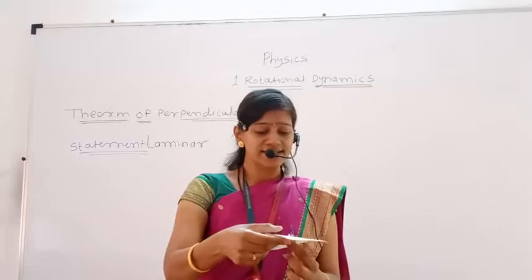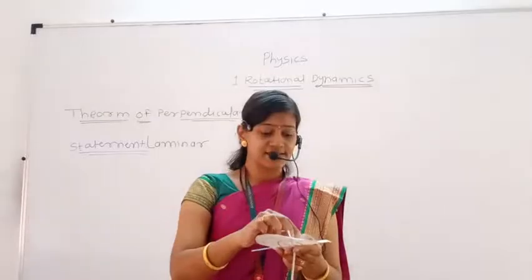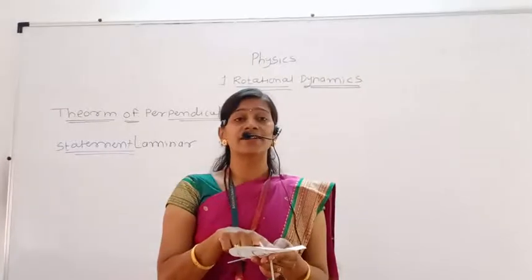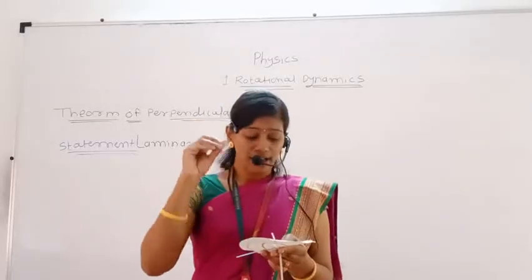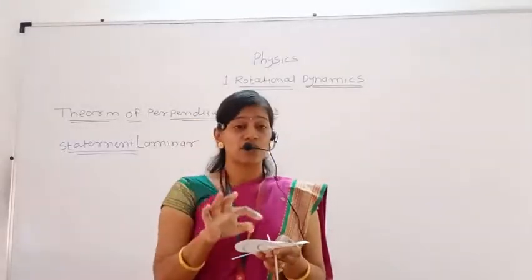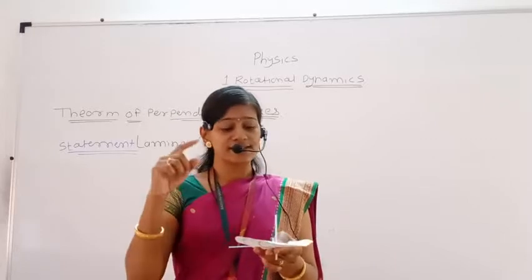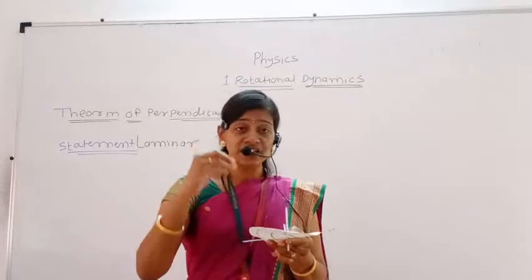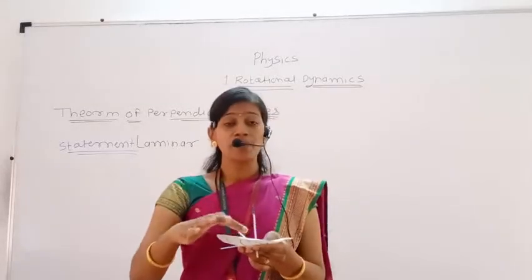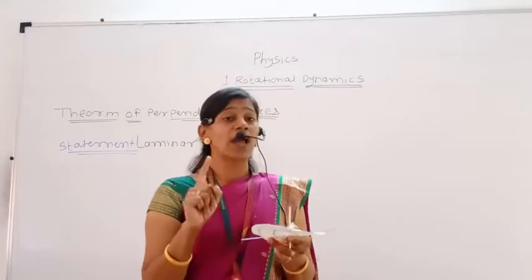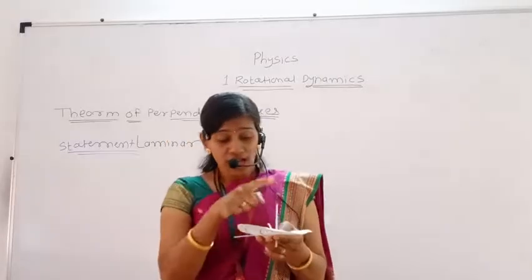ये जो दो axes हैं वो plane में present हैं. And next, all axes are concurrent at a point O. Center में जो है वो हमारा O point है. These all three axes are concurrent at point O. At the center this is a perpendicular axis. The remaining two are present in the plane. Those two axes which are present in the plane are mutually perpendicular to each other. Here we have to find out the sum of the moment of inertia of a laminar body.